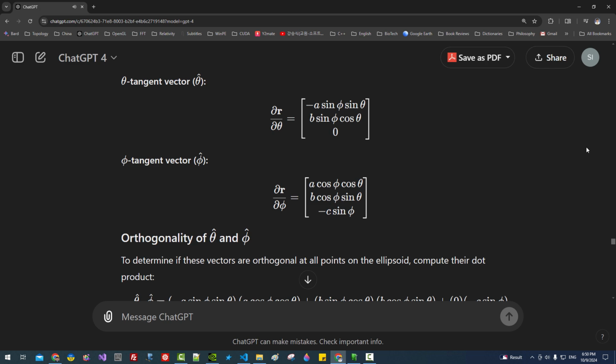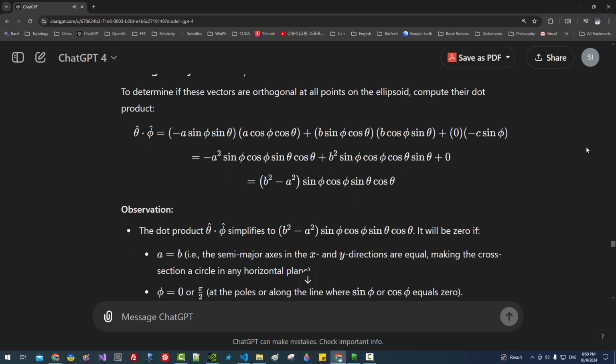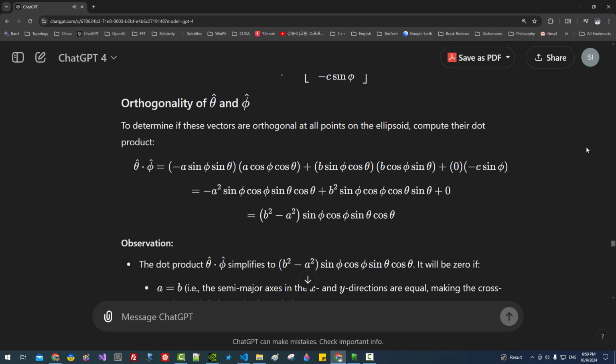Orthogonality of hat theta and hat phi. To determine if these vectors are orthogonal at all points on the ellipsoid, compute their dot product, hat theta dot hat phi, equals (-a sin phi sin theta)